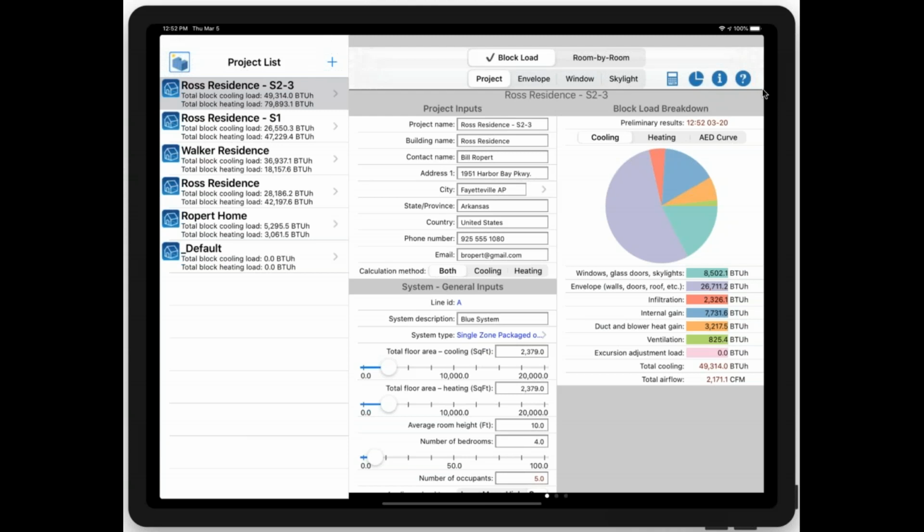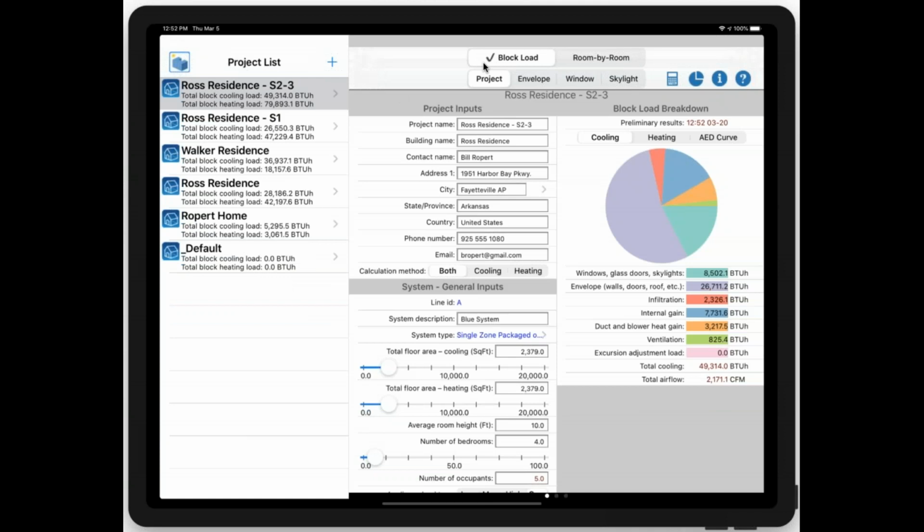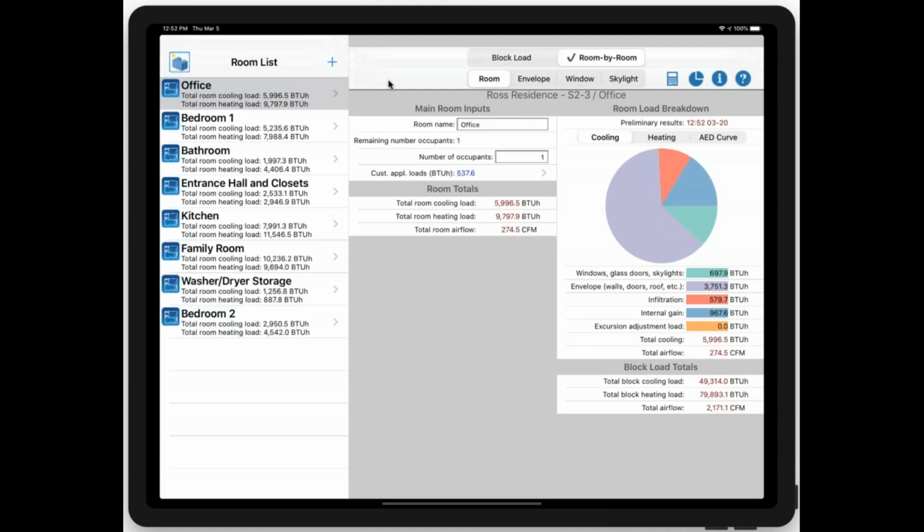All right, so we have about 8 minutes left, so I want to go through the room by room fairly quickly here. So we've done our block load, okay? So we've created all of our construction types, all our roofs, walls, floors, doors, windows, and skylights. In our room by room, we can start